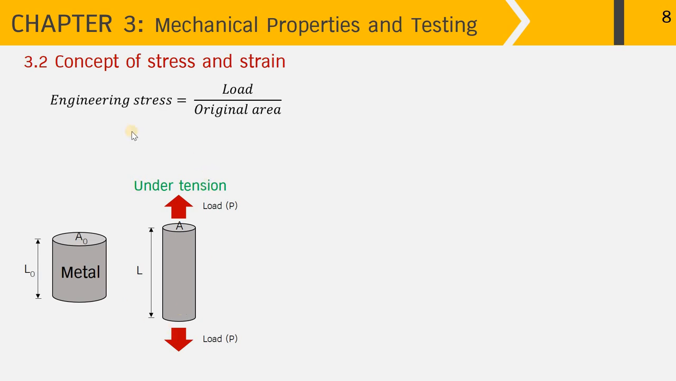And here we can calculate the engineering stress, which equals load divided by original area, which is the A0. And hence we have S for stress equals P over A0. As the convention for tensile force, the value is always positive, so we have the positive values of the tensile